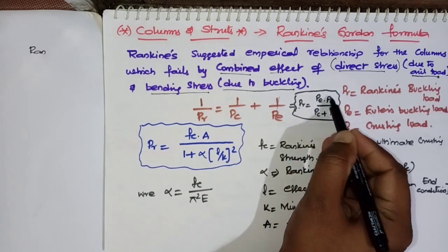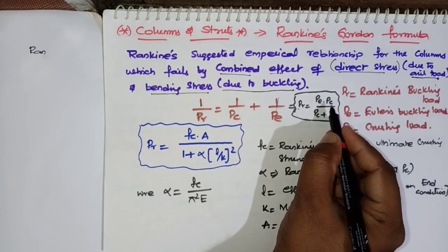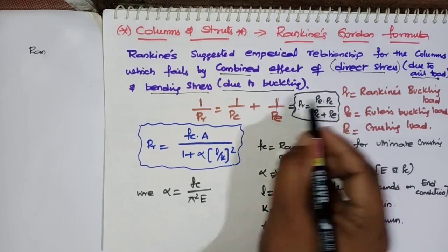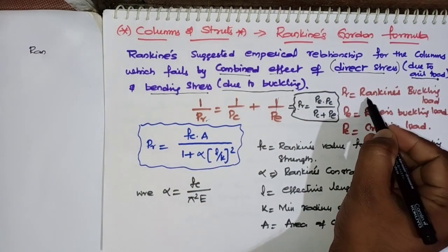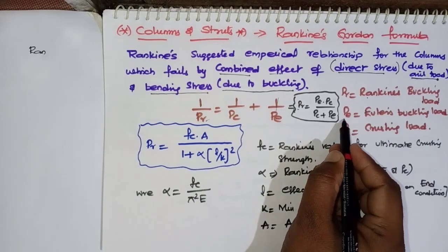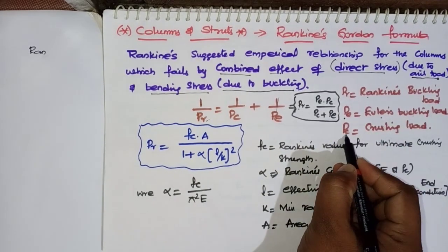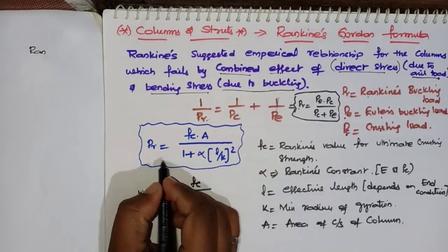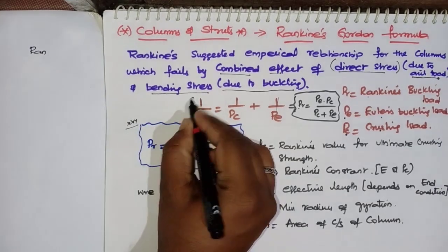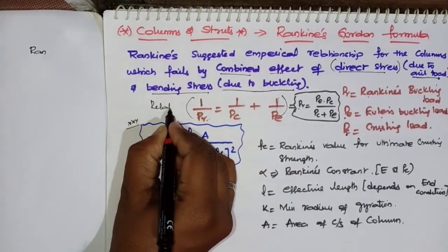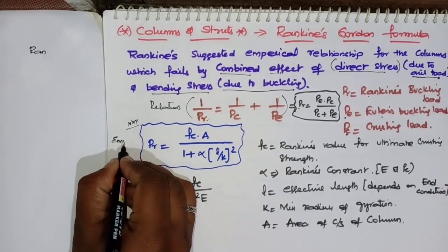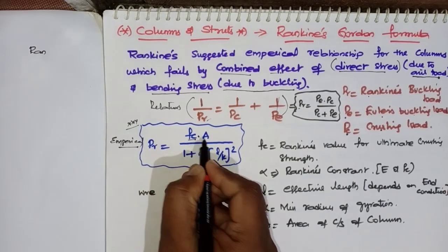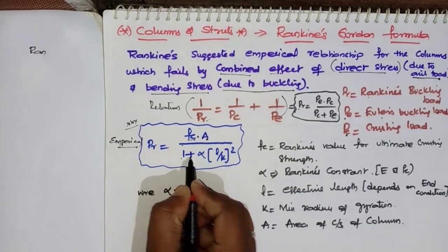You remember this formula because in a previous exam one question was asked from this topic. Here, what is PR? PR is Rankine's buckling load. PE is Euler's buckling load, and PC is the crushing load. This is the empirical formula and this is the relation. Coming to PR equals Fc into A by 1 plus alpha,